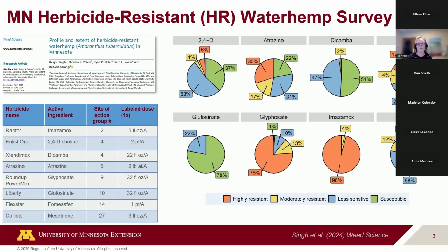So that's 3 times what you'd use in the field, using 8 different herbicides representing 7 different types of sites of action. And we do have those on the lower left hand of the slide there, showing the different herbicides that were used. And again, just trying to see what kind of survival did we have, basically screening for resistance. And if you look at these colors, we've got the different herbicides represented with the circles here, and where there's